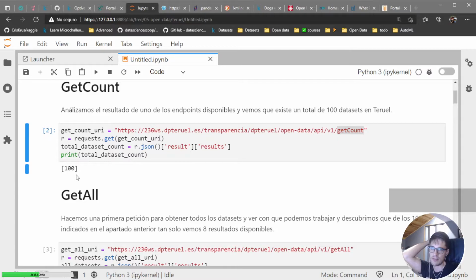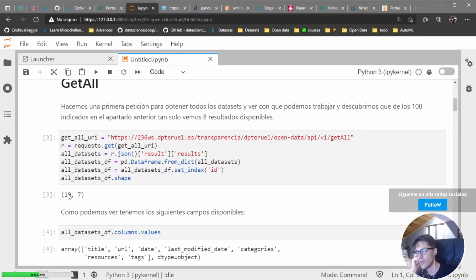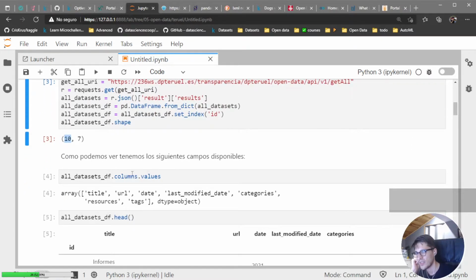They say that there are 100 datasets available, but when we get all the datasets, we see that we have only 10 of them, 10 different datasets.